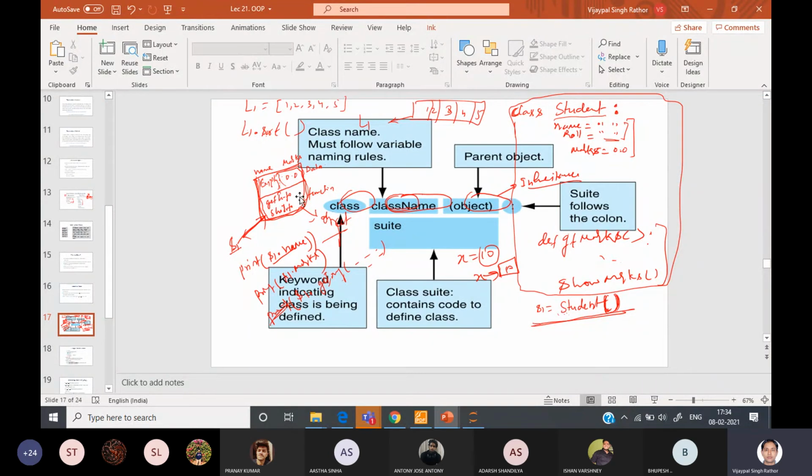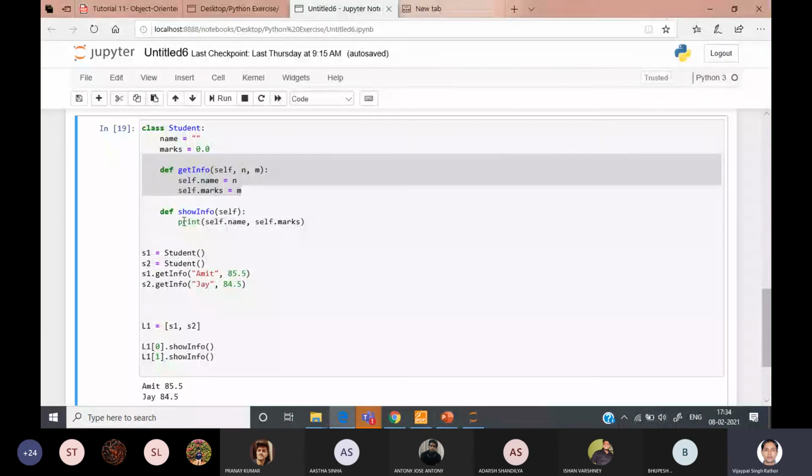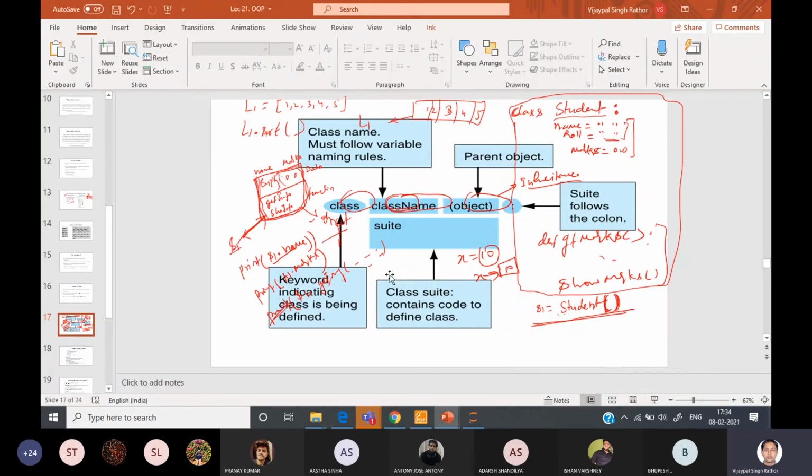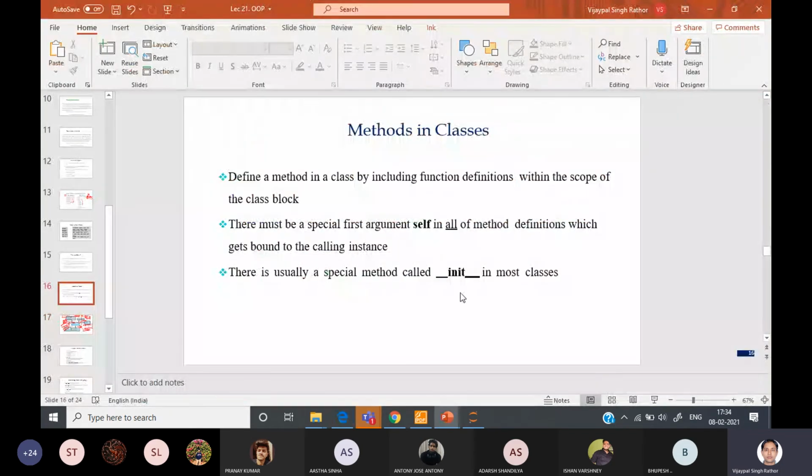Okay, now in this case we cannot access this member with s1 dot name, abhi likha tha na, then we will not be allowed to write s1 dot name directly. Then in this case we will get an error. So how can we change the value of these members? So in this case, when you want to initialize these members, one approach is given, that is the init function specified in object oriented programming in Python, है ना? So the init function is basically a special method to initialize the class members.